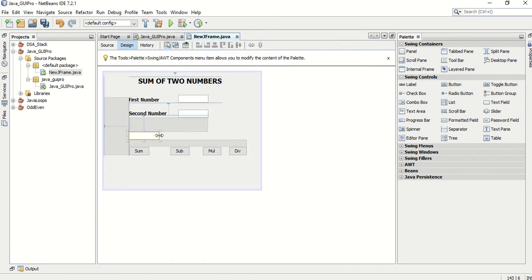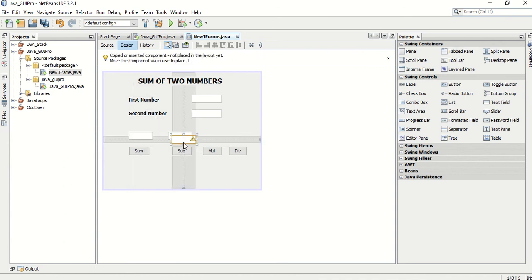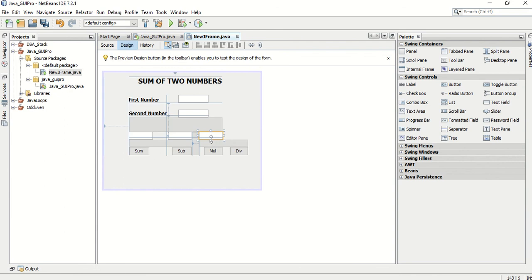For the text boxes also, you need copies. Text field 4 for subtraction, text field 5 for multiplication, text field 6 for division.